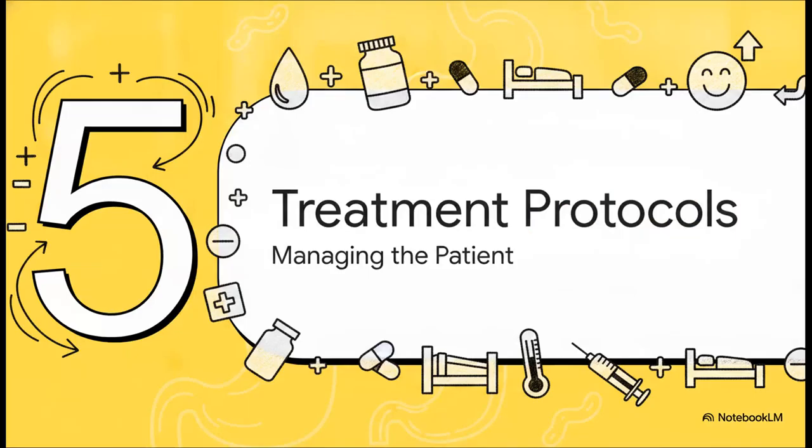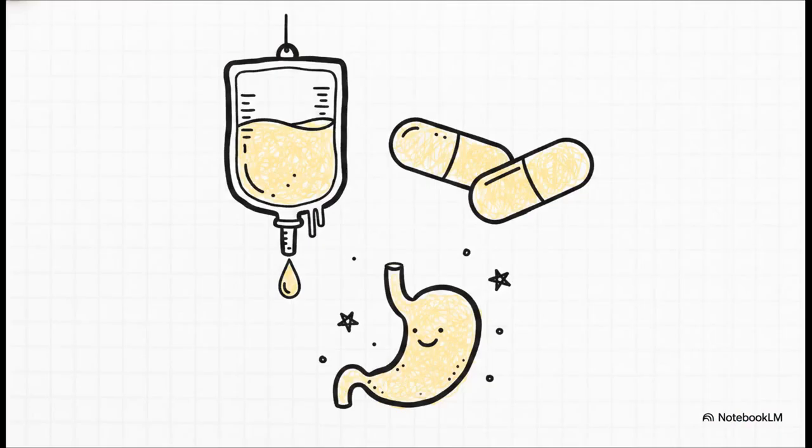Finally, Section 5, Treatment Protocols, Managing the Patient. Because this illness is driven by a preformed toxin that basically just needs to run its course and get expelled, the treatment is beautifully straightforward. It's purely supportive. You want to focus entirely on replacing what the patient is acutely losing and just making them comfortable. So that means pushing intravenous isotonic crystalloids like normal saline or lactated Ringer's to rapidly fix the hypovolemia from all that vomiting,